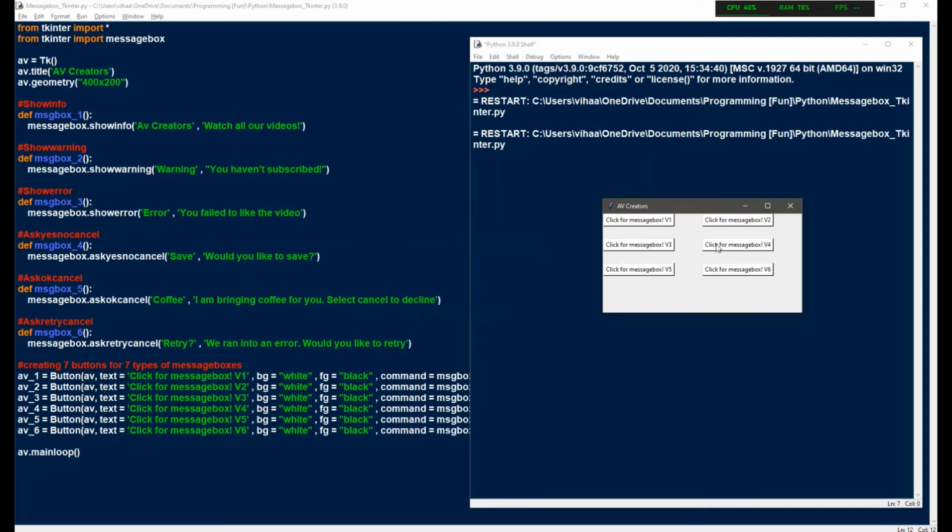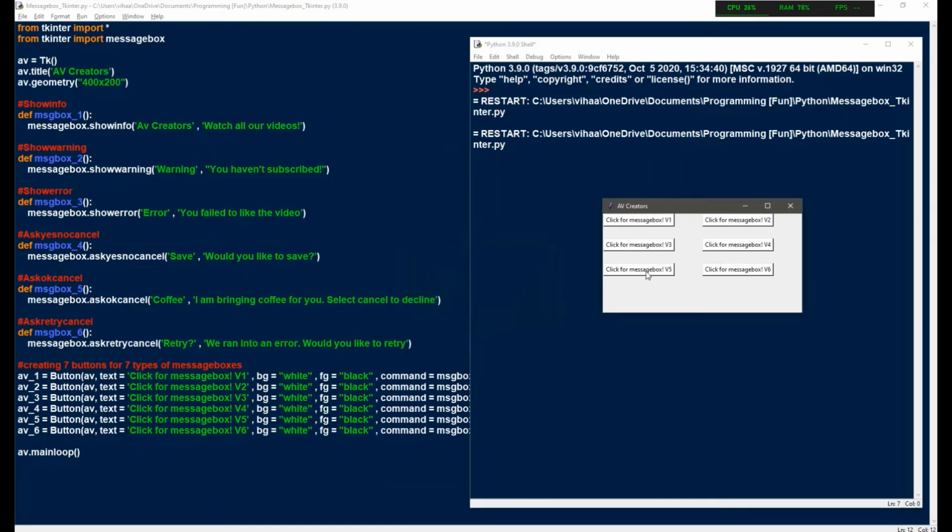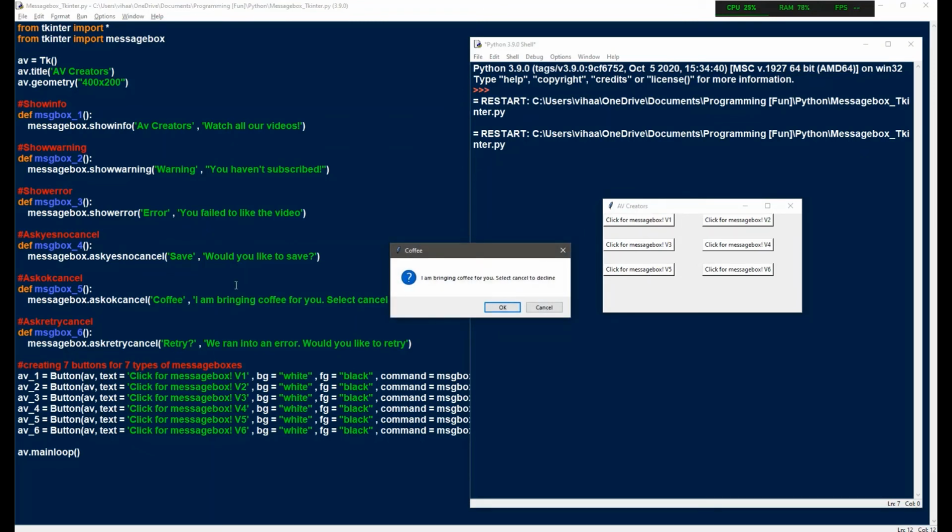Fourth one is ask, yes, no, cancel. So here, would you like to say yes, no, cancel? So I'll just say no. Anyway, it isn't going to do anything even if we click yes. Fifth one is ask, okay, cancel. So title and content is right, and here it's okay and cancel, the two options. I will say okay.